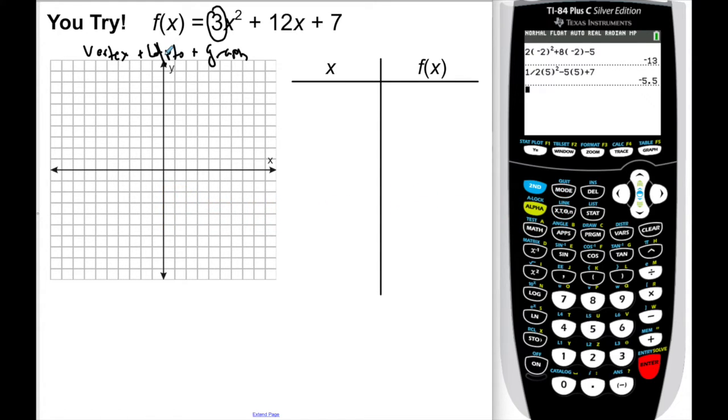Alright, here we go. So I'm going to start by finding the y-intercept,